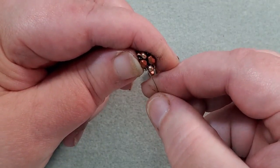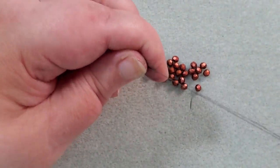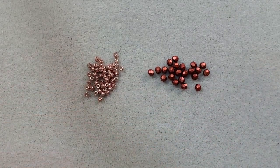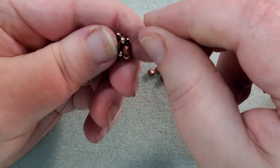And now I'm going to go back up this fire polish bead. That's just a little way to turn your thread around if you need to. And this is going to be easier for me if I'm going in this direction. And if I don't get a knot in my thread. No, it wasn't a knot. Okay, now